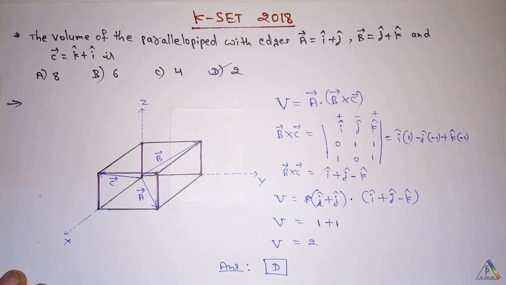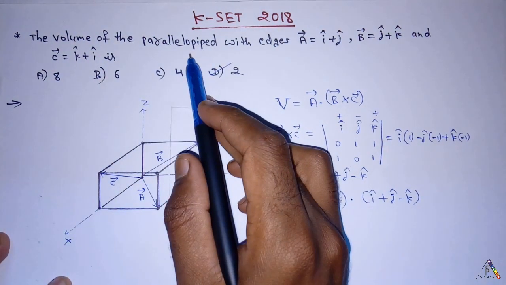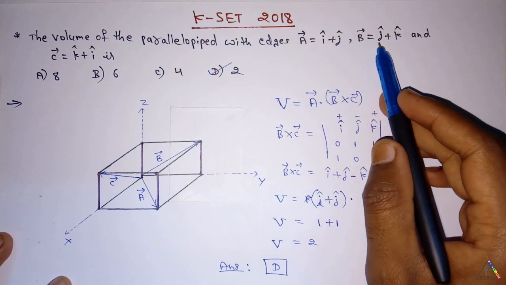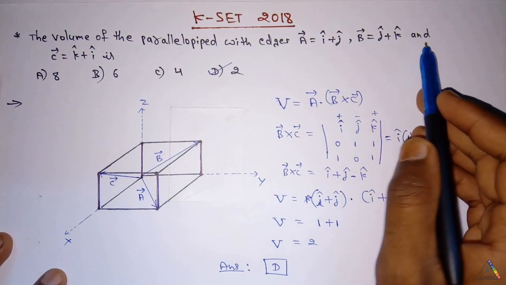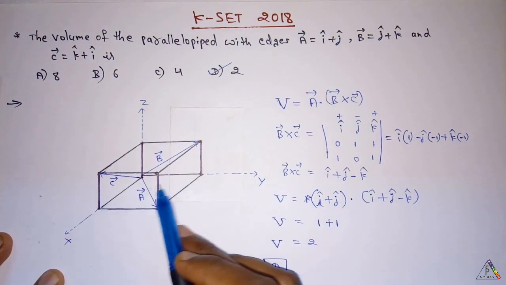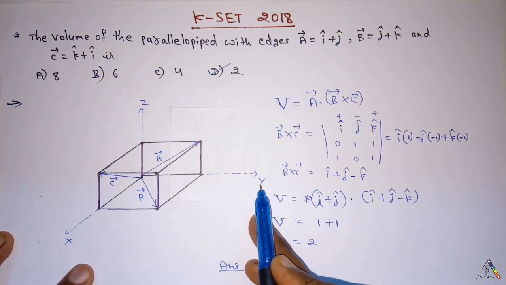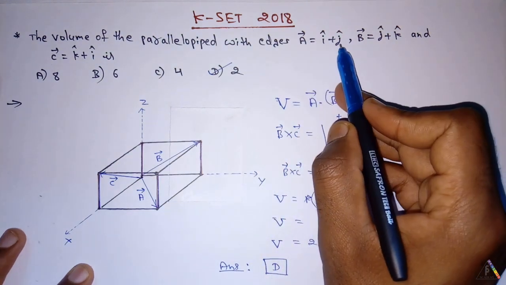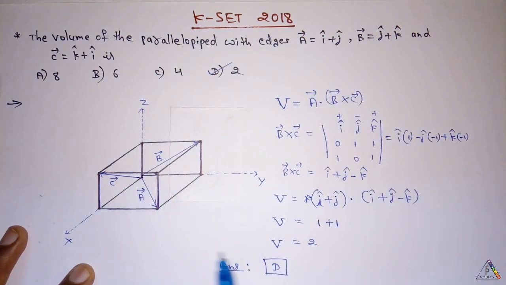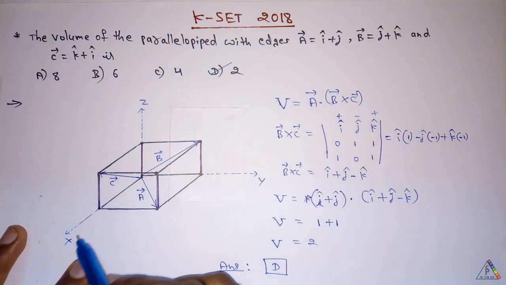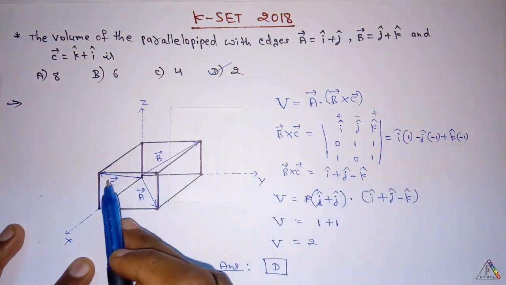This is the KCET 2018 question. The volume of the parallelepiped with the edges A vector is equal to i cap plus j cap, B vector is equal to j cap plus k cap, and C vector is equal to k cap plus i cap. I have placed that parallelepiped in the XY plane. The vector in the XY plane is A vector, and the vector in the ZY plane is B vector, and the vector in the XZ plane is C vector,